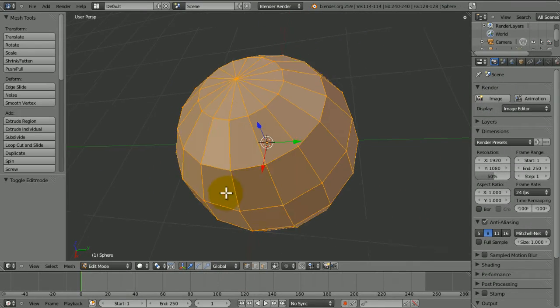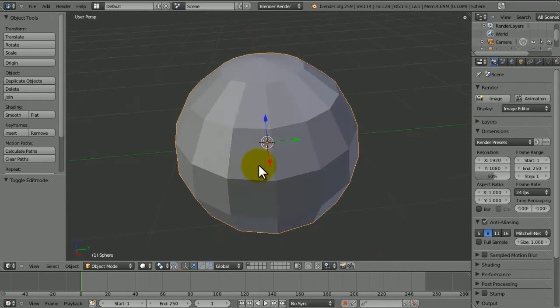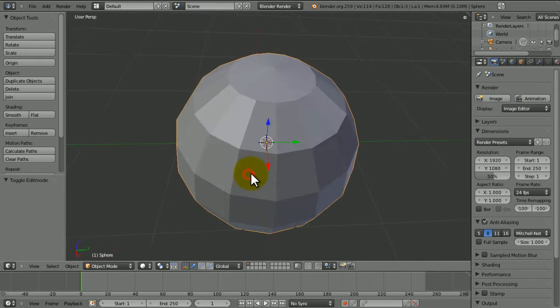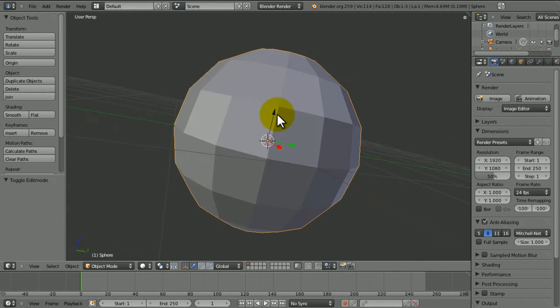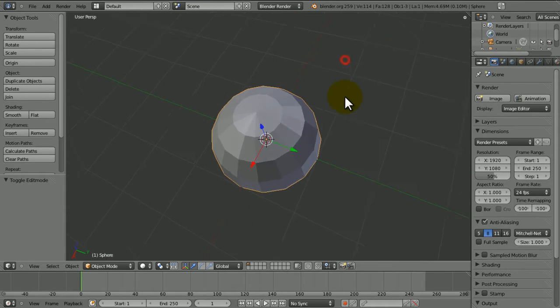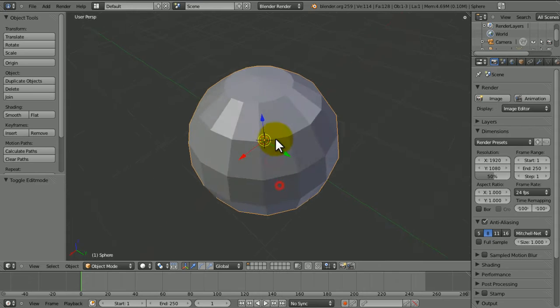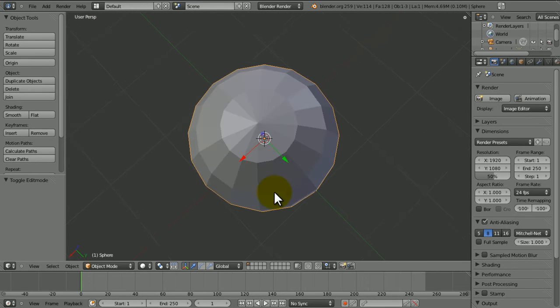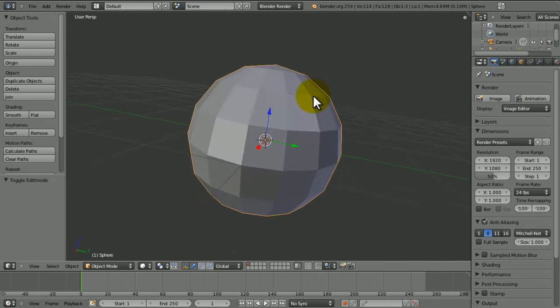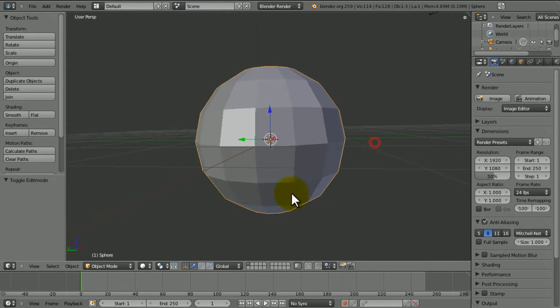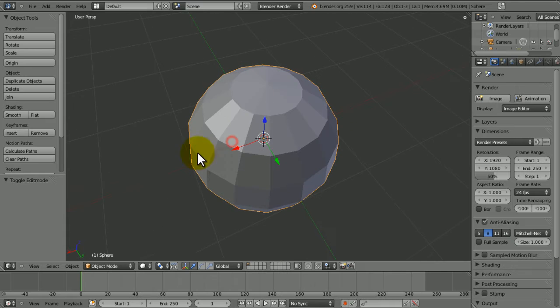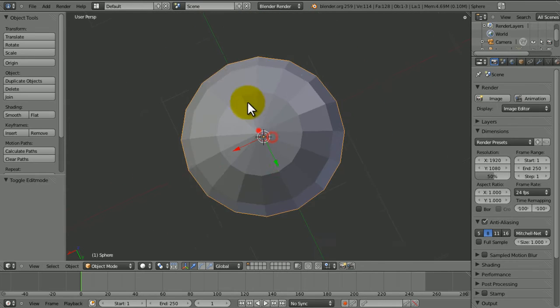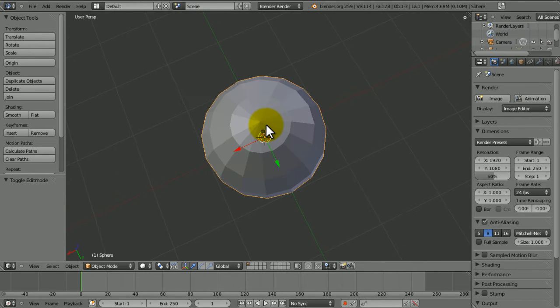because if we were to model with the default number of vertices, it would take us more time, and pointlessly more time. So we're just going to do that, and we've got much less vertices, but we're going to add modifiers to add more. Anyway, we're going to get to that later, but one thing is, if we go to edit mode,